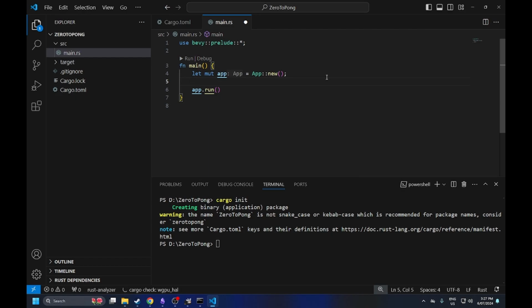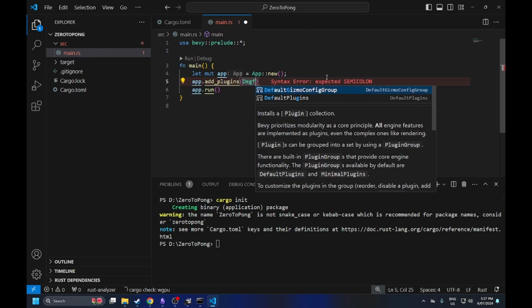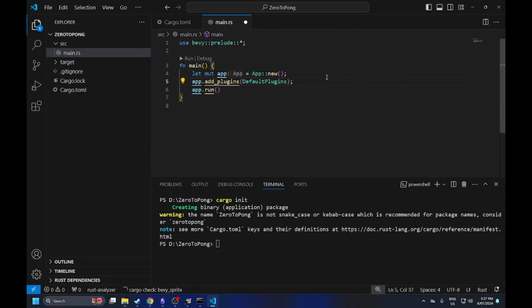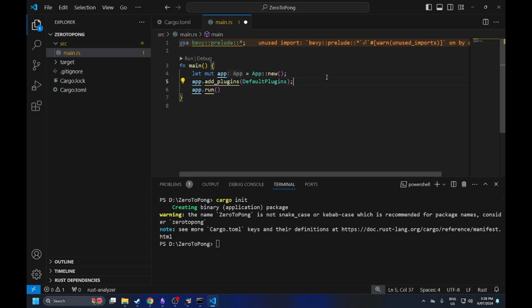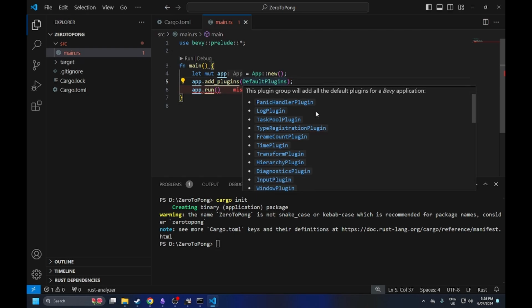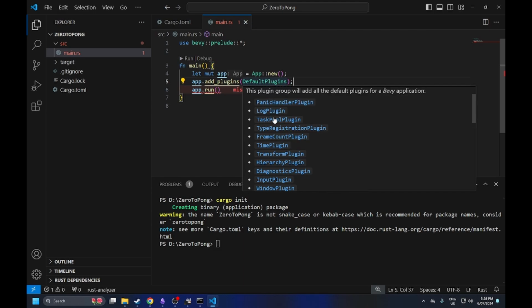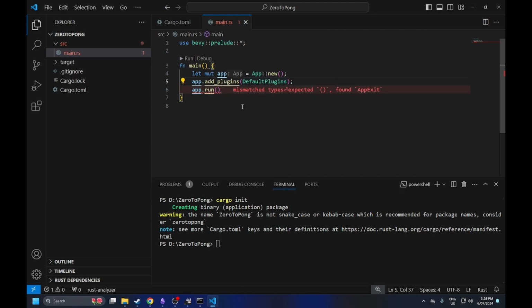Before the game loop will actually do anything, we're going to go app.add_plugins(DefaultPlugins). The default plugins is a collection of plugins that Bevy has put together that is required to get a game to start. It includes things like a plugin to open the window and maintain the camera, as well as plugins for user input and a lot of other things that a game will need by default. It also initializes your 60 frame per second loop, and there's all sorts of things in here. So you can see like the time plugin, the frame rate counting plugin, and these are all things that Bevy expects you to need